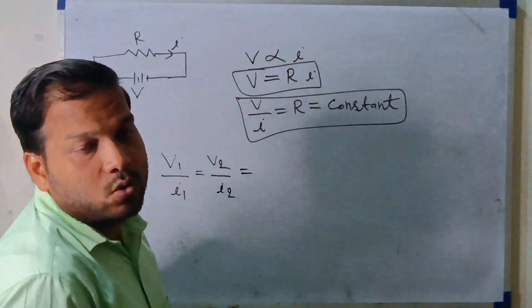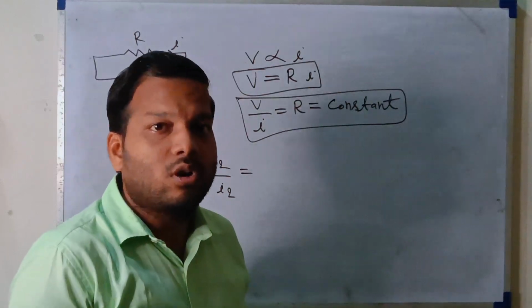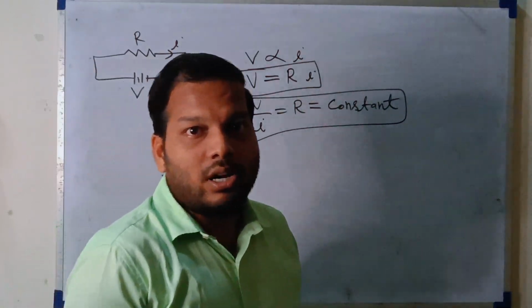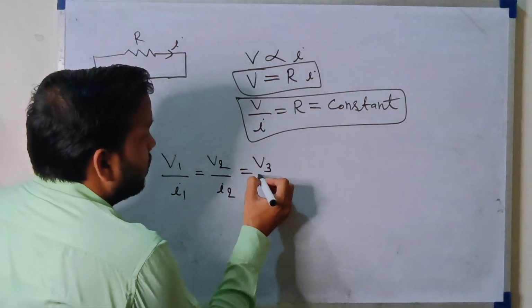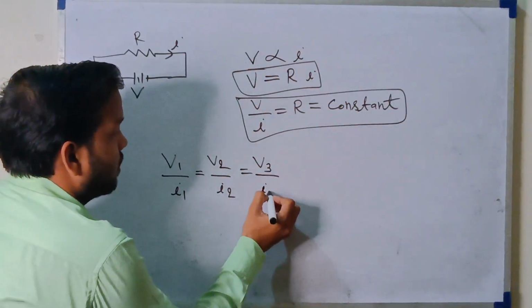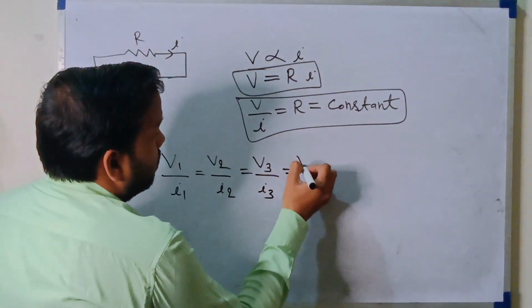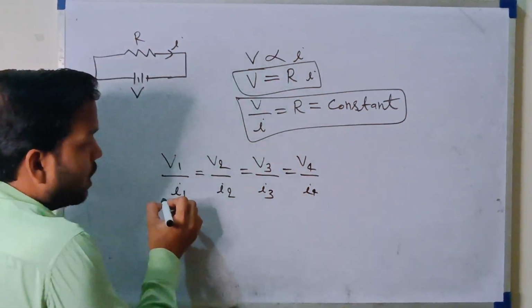Now we change the voltage to values like 1.5 volt, 3 volt, 9 volt, 12 volt, 20 volt. For voltage V3, the corresponding current is I3. Again, for voltage V4, the corresponding current is I4. All these